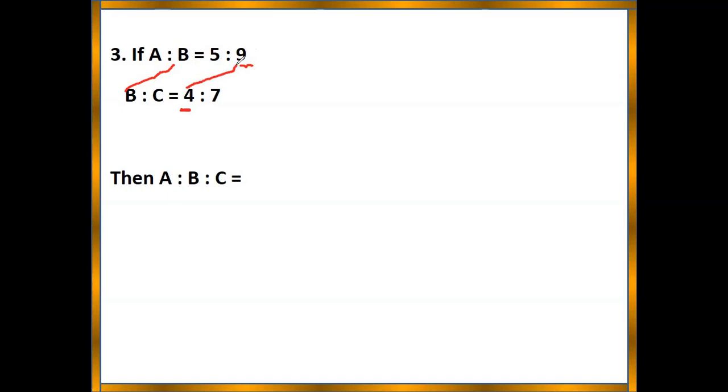How can we get a common multiple of 9 and 4? Here you have to multiply with 4. Here you have to multiply with 9. Then you get 9 4s and 4 9s. Same, right? For the same variable, in place of 4 and 9, you get the same values. Write down. So 5 4s are 20, 5 9s are 45, 9 4s are 36.